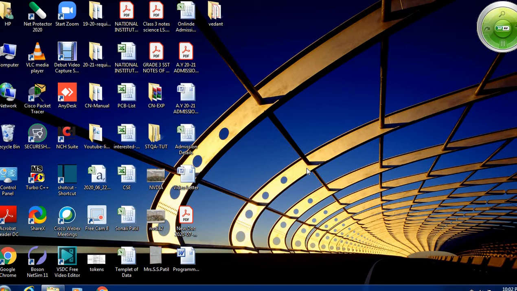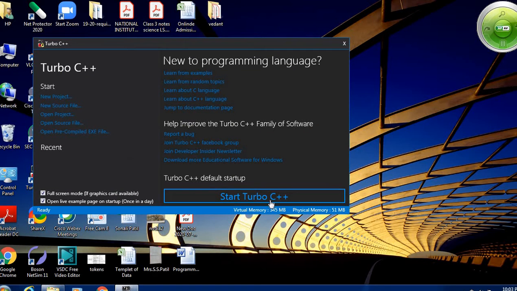In this video I will give you the demonstration of programs related to if statements, switch statements and goto statements. Whatever examples we saw in the previous video related to the four forms of if, then switch control flow statements and goto label, we will see the demonstration of these programs in this video. So let us start. We use Turbo C++ for performing the programs.